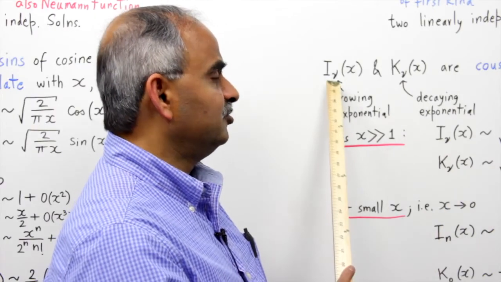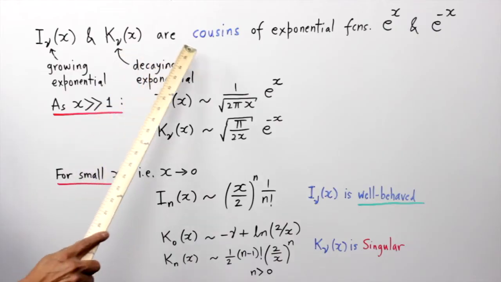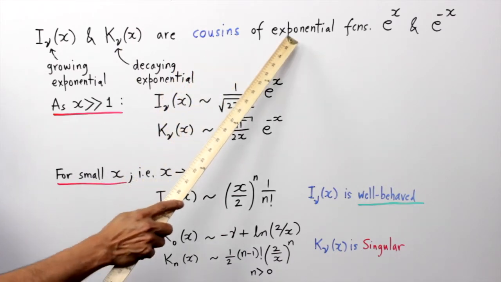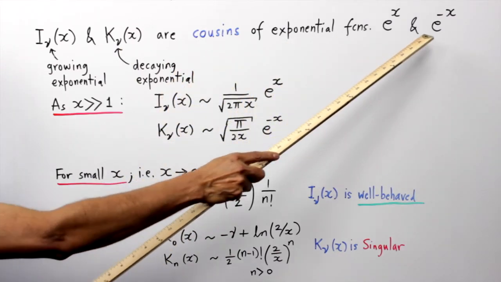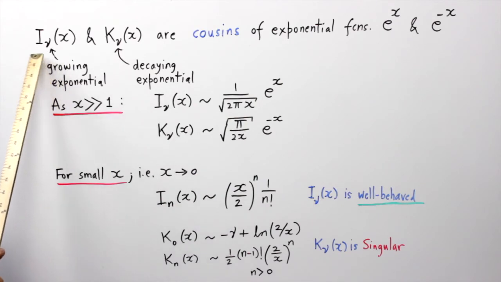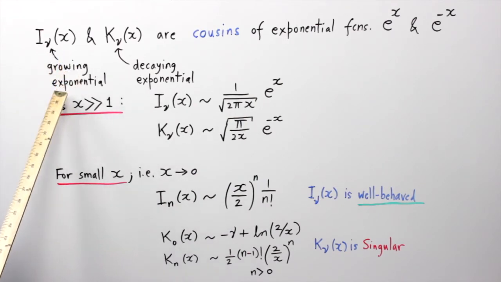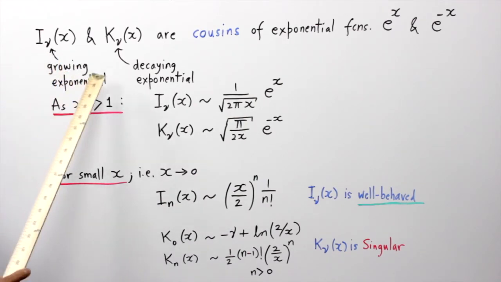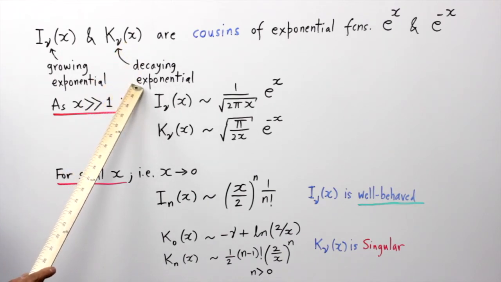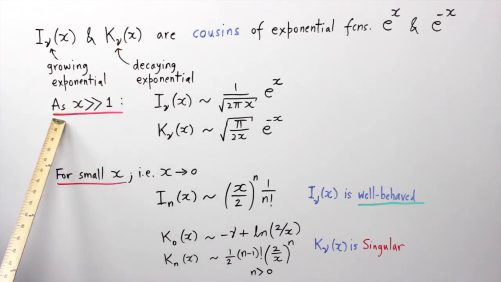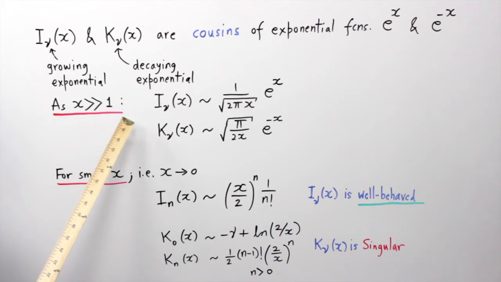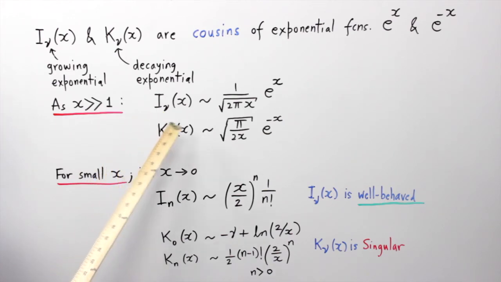So we can think of the functions I and K as cousins of exponential functions e to the x and e to the minus x. So the first of these, I_nu of x, is like a growing exponential, and K_nu of x is like a decaying exponential. And in particular, if x is large, we can show that I and K behave in